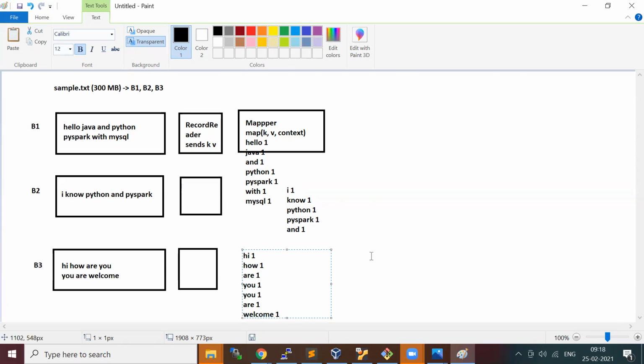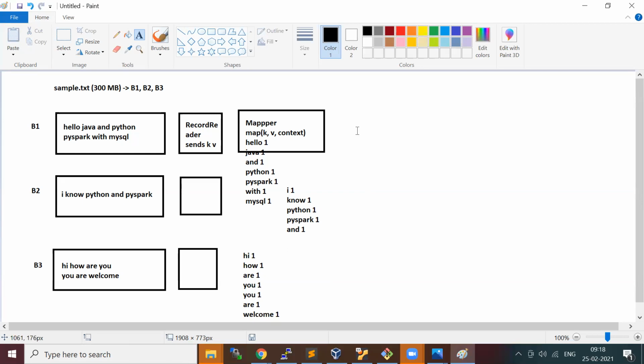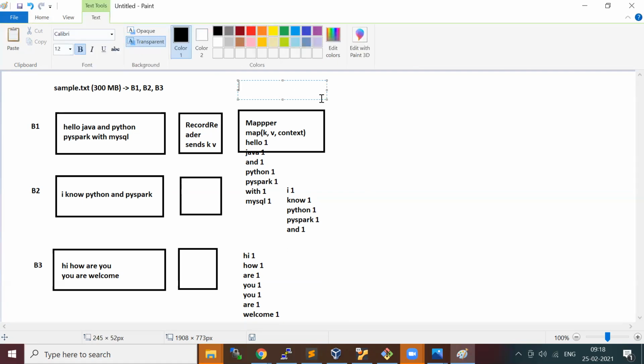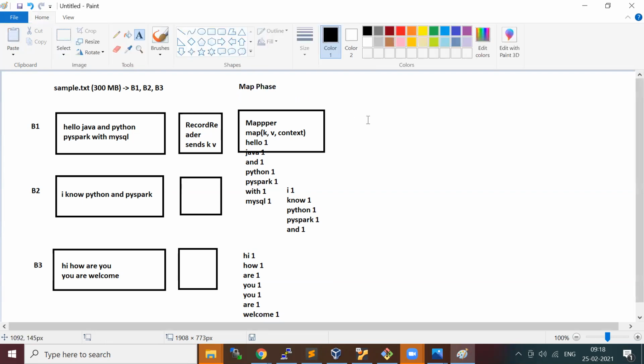Okay, welcome all. Now this is the map phase. Now the output of the mapper has to go to the reducer, right? So for example, you have a reduce phase here. For now I'll just put one reducer.